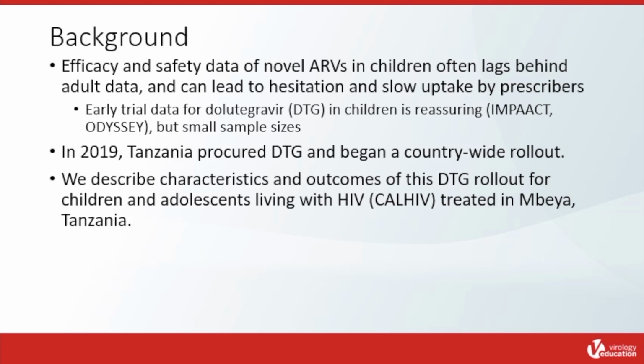In 2019, Tanzania procured DTG, updated guidelines, and began a country-wide rollout. And therefore, to try to understand better the use, the safety, and efficacy of DTG in Tanzania, we studied and described the characteristics and outcomes of this rollout in children and adolescents living with HIV treated with DTG in our